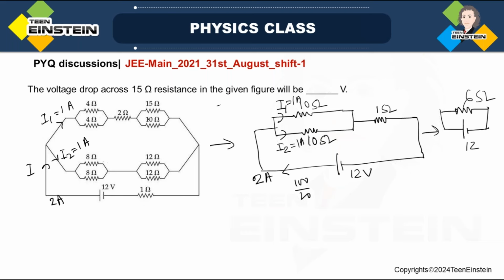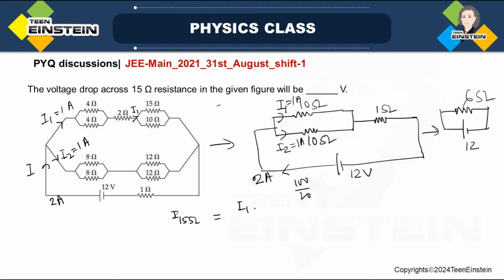See, I have to find out, up to here there will be 1 ampere current coming up. Okay, that is I1. Then this will again branch through these two paths. So I have to use the current division formula here. I have to find out the current through 15 ohm. So what I have to write is the total current, that is the 1 ampere or I1,